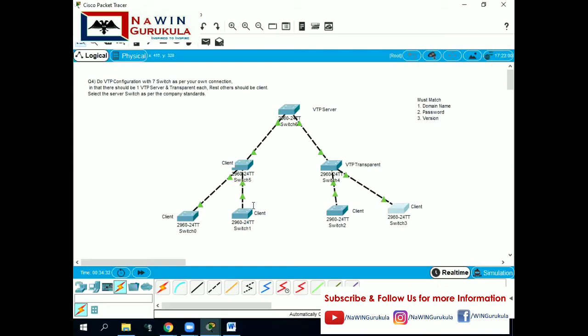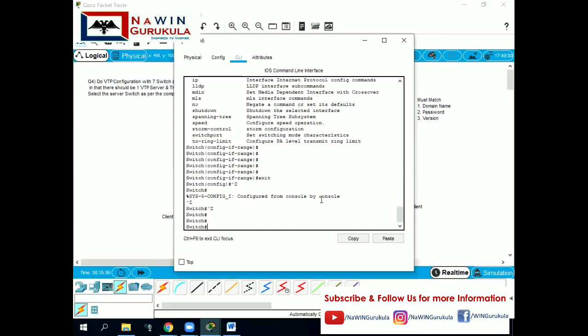So what next is VTP configuration. So far we have prepared the basics necessary to do the VTP configuration, or to create the VTP server and the clients. So now we are creating the VTPs. Once we create the VTP server, clients, and transparent mode switches, to verify that, we will create one or two VLANs and cross verify whether the VLANs are updating automatically in the rest of the switches or not. So let's get into the server mode switch.